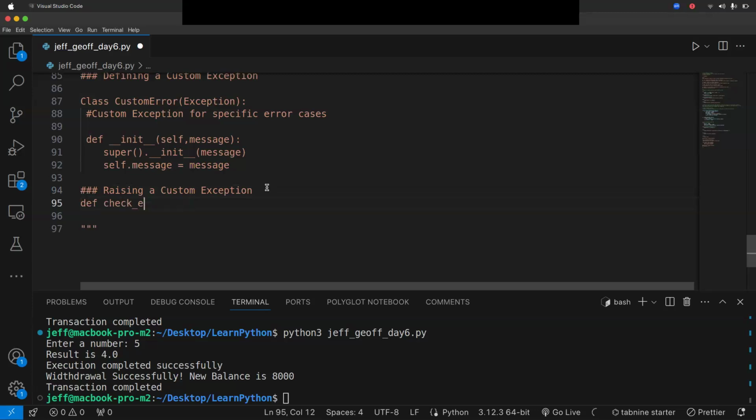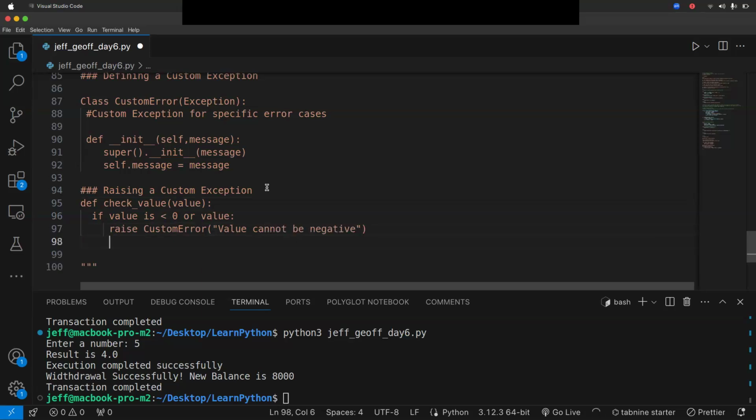You can check a value, because I'm expecting you to use this in your example. So you can give your logic: if value is less than 0, then you can raise a custom error and call it "value cannot be negative."